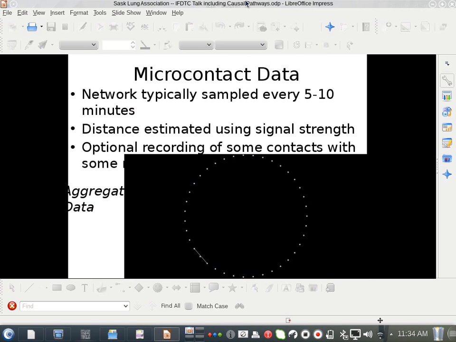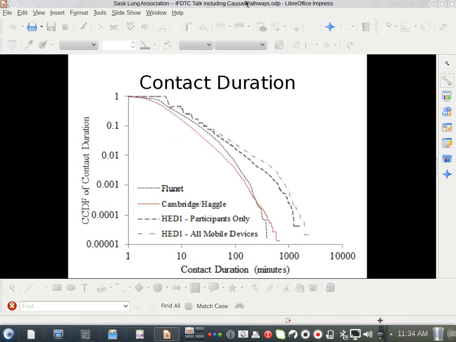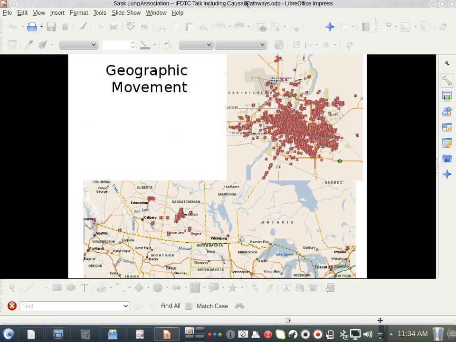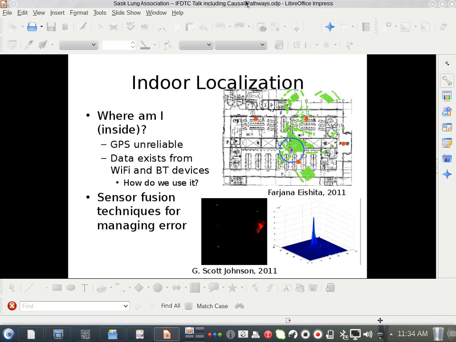So we can pick up micro contact data between people, capturing changing networks over time, the durations people spend with each other, accelerometer values. We can capture where people move in space, the differential patterns seen for people who live in different neighborhoods with respect to exposures to certain resources, like larger grocery stores compared to convenience stores. We can look at their activity spaces through the day and see what resources they're brought into close proximity, rather than just looking at their home address as a crude proxy.